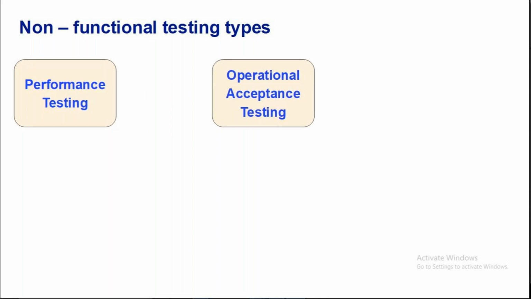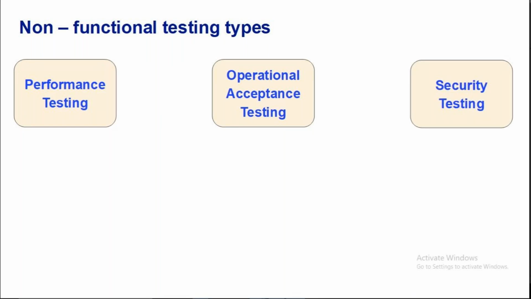First is performance testing. You are all aware of what performance testing is, right? Then this is a new one, I'm not sure if any of you is aware: operational acceptance testing. The pointers which I had told you, whatever infrastructure is there, whether that is going to work in production or not. Then in case there is an earthquake, will I be able to operate normally in my data center? So these are different categories of operational acceptance tests.